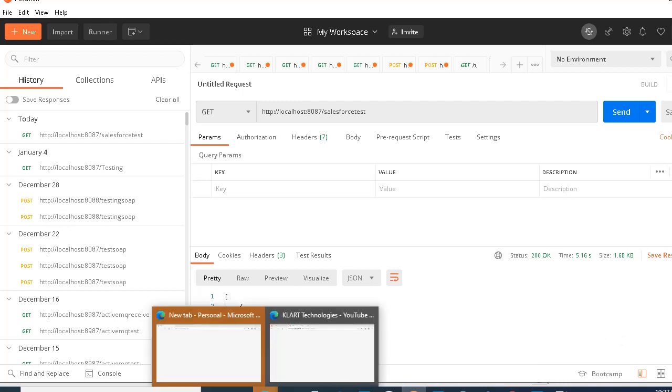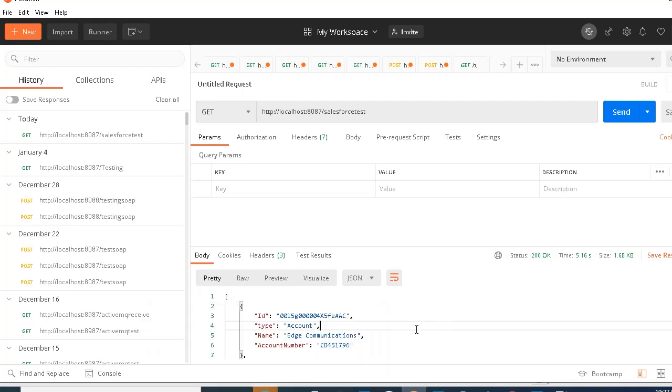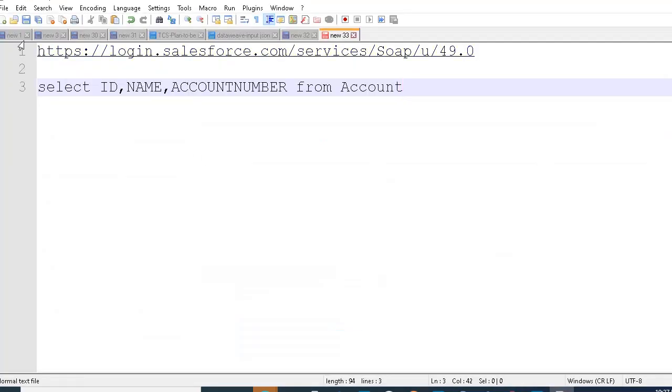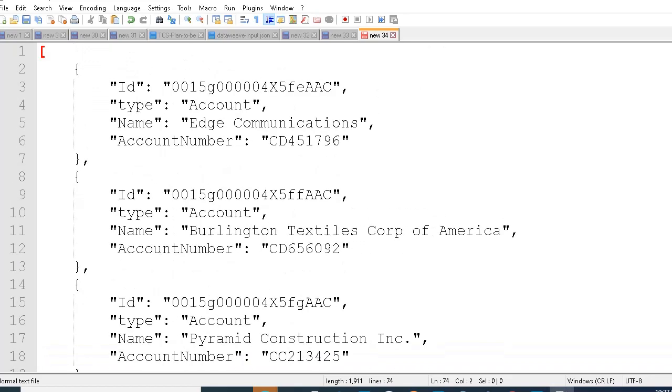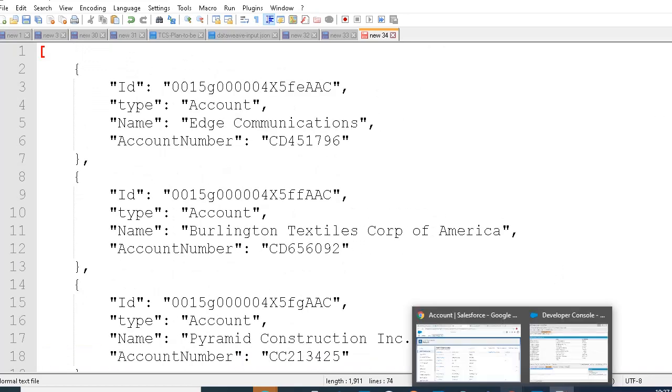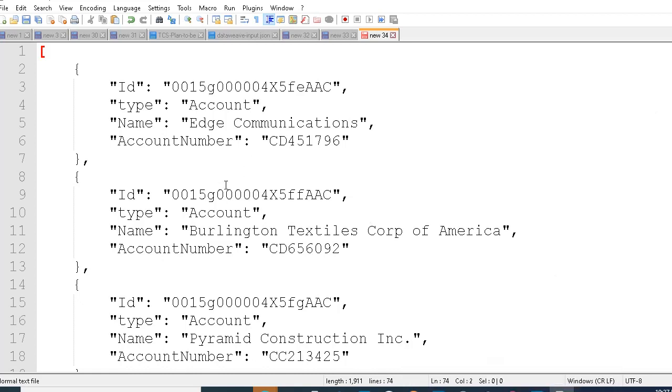Okay, so we have 12 accounts, right? As we have seen in our first screen, we have 12 accounts. So let me just copy paste this response here. So you will get 12 account details here because by default the Salesforce test account has 12 accounts for you. So it will fetch all the field names for the 12 accounts